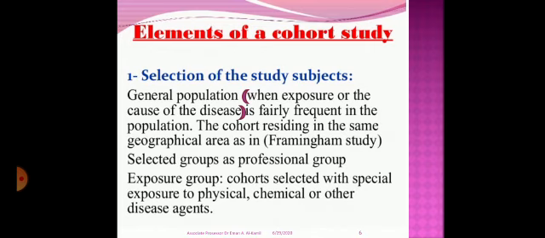You are going to follow up this cohort for a period of time, and the period of follow-up also depends on the outcome which you want to study. For example, in the Framingham study, which is a well-known study, which took a long period of follow-up to study the risk factors for cardiovascular diseases,